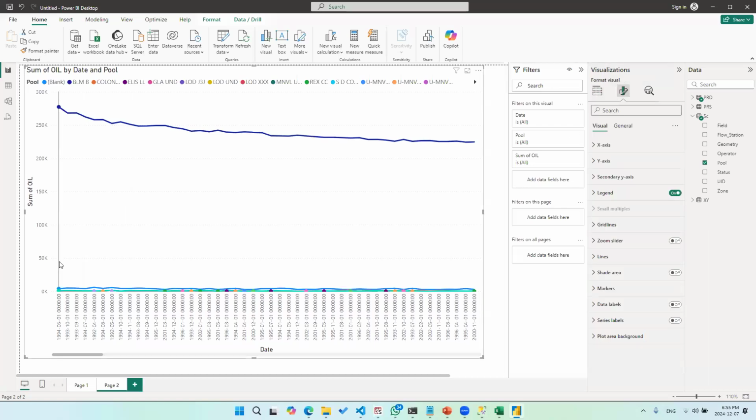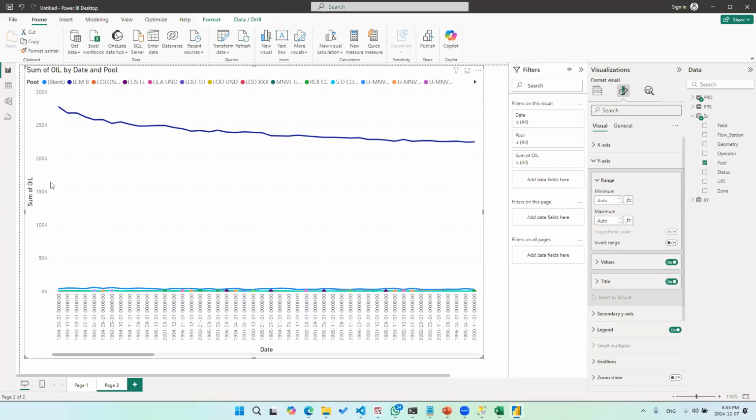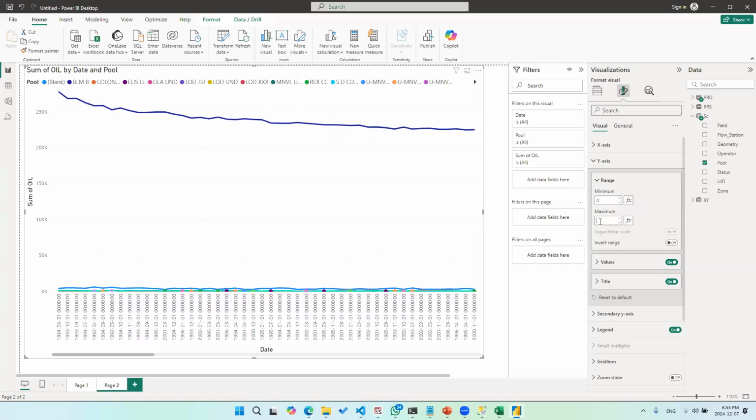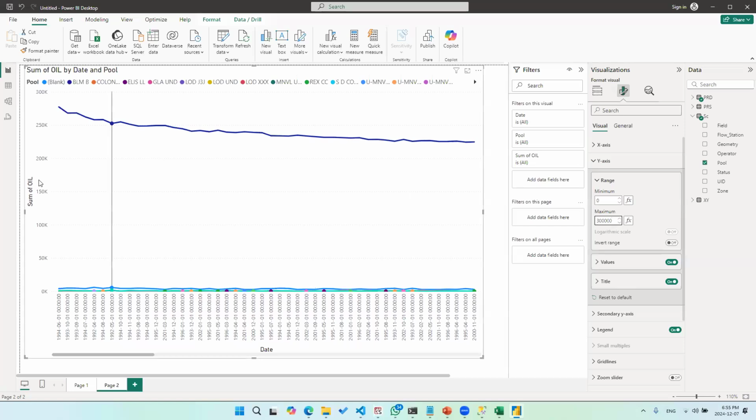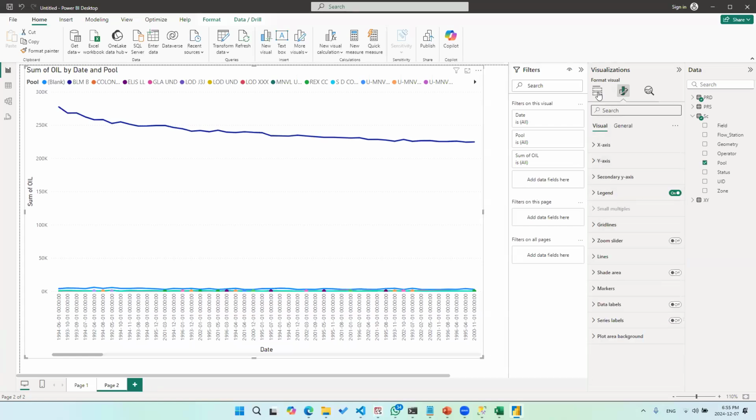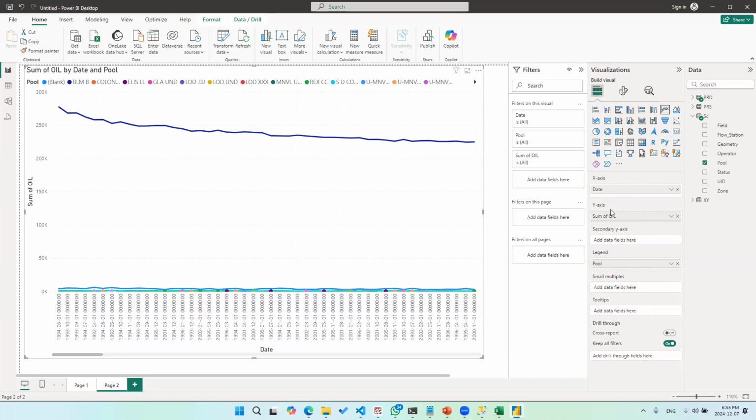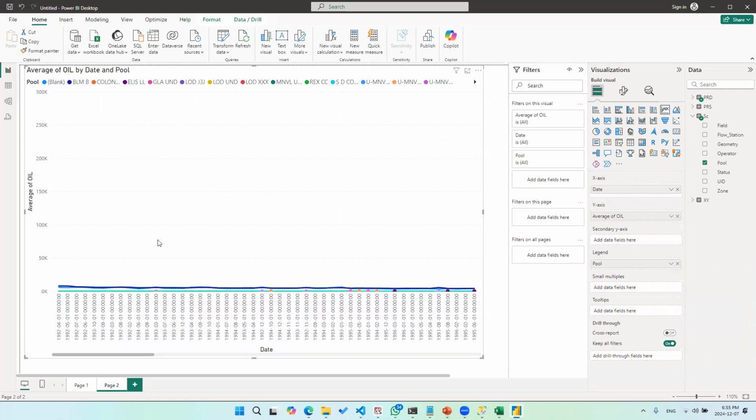Of course, if you have different scales for different pools, basically they have different scale values, you can activate the logarithmic scale in order to make this a friendlier chart. Let's say, for example, that this is 300. And of course, you can make this a logarithmic chart as well. You can explain this further by, instead of just showing the summation, showing the average. You can average this down as well.